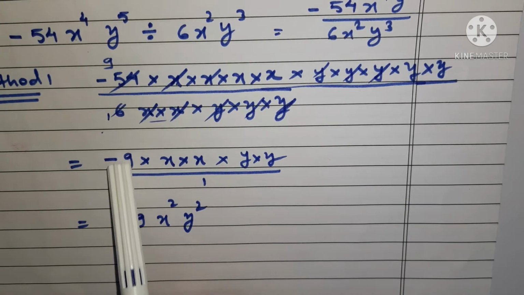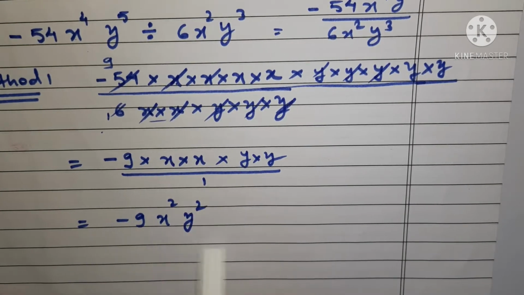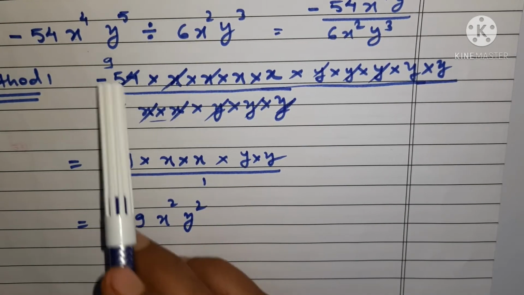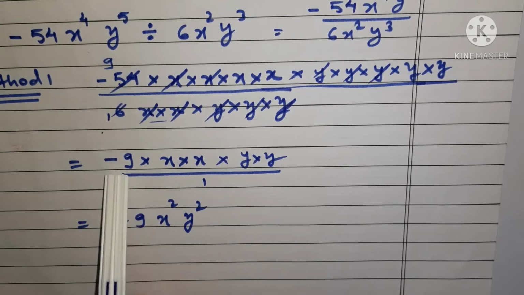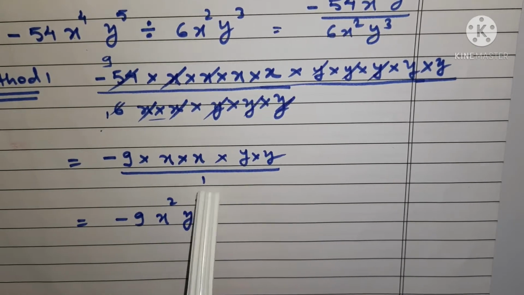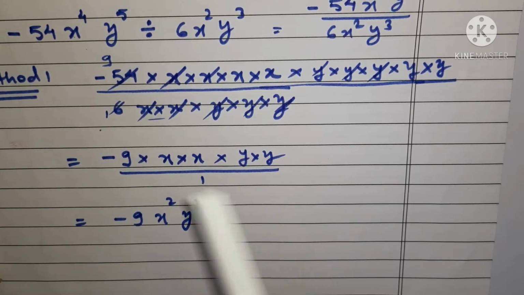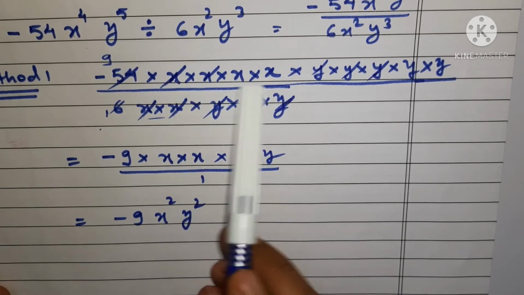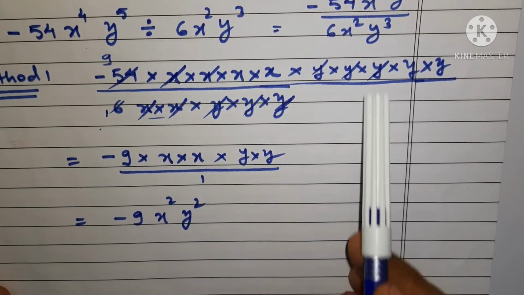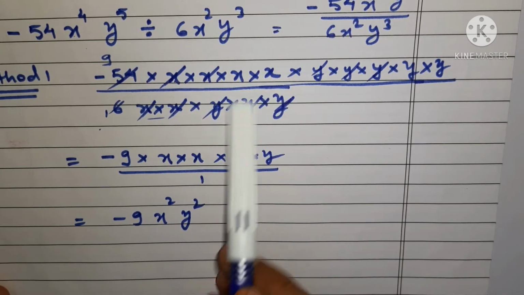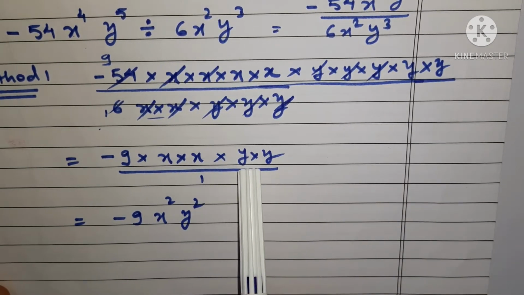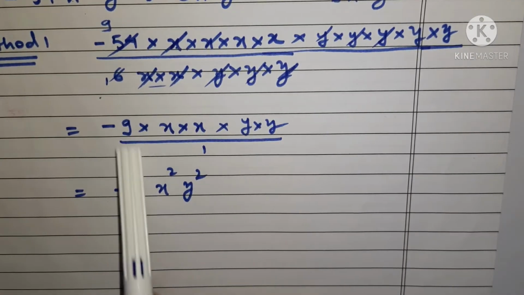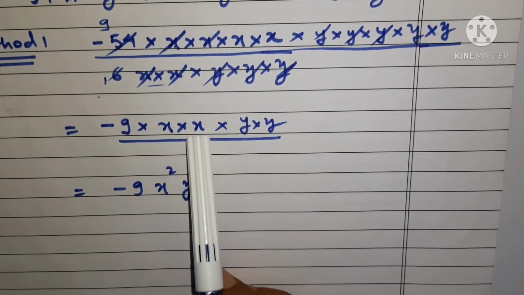तो हमारे पास जो बचता है हम बाद में उसको मल्टीप्लाई करके और रिजल्ट हमें मिल जाता है. So we will write first it is -9, here it is 1, so it is understood that 1 is there, so we will just mention it here, और अगर आप मेंशन नहीं करते, तो भी हमारे पास x इंटू x और y इंटू y बचता है. हम ये x को उतार लेंगे और y को यहाँ नोट डाउन कर लेंगे और इसके बाद इनको मल्टीप्लाई कर लेंगे. तो we are getting -9 and x to the power.